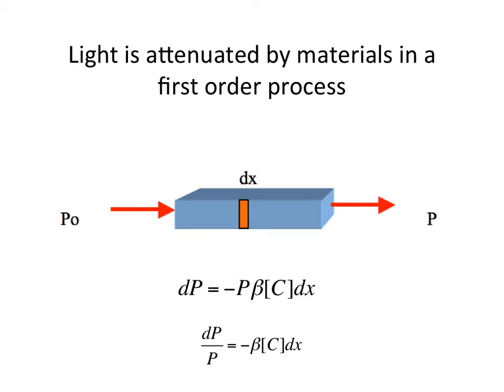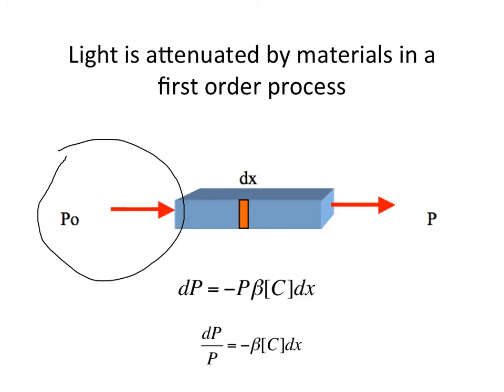So how does absorption work? It's important to recognize that absorption is a first-order process. So the absorption of light is first order as the light passes through a colored block of solution. So let's begin by looking at the left-hand side of the diagram. Starting with an incident flux of photons P0, let's say 100 units, those photons are going to be absorbed over